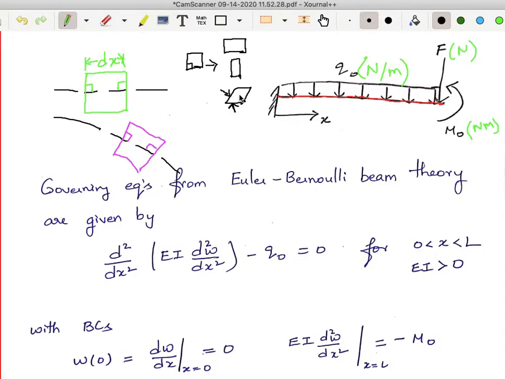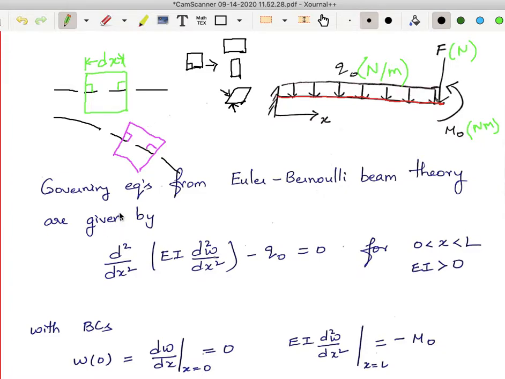It is going to deviate from 90 degrees. If the angle between two perpendicular edges is not changing, then that means that you are assuming the shear deformation to be 0. So this is the basic assumption in Euler-Bernoulli beam theory. All you are saying is that the deformation is coming from bending only.